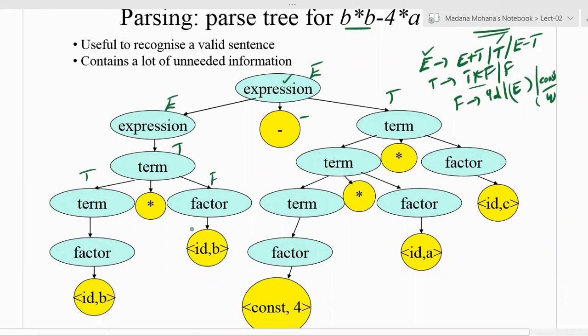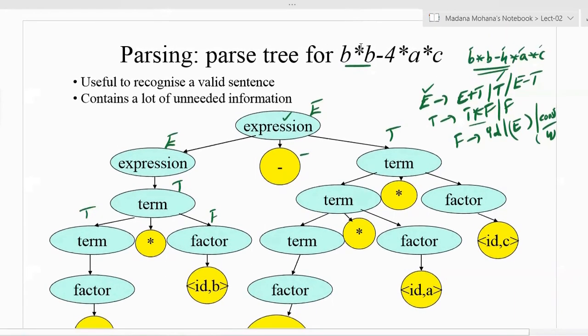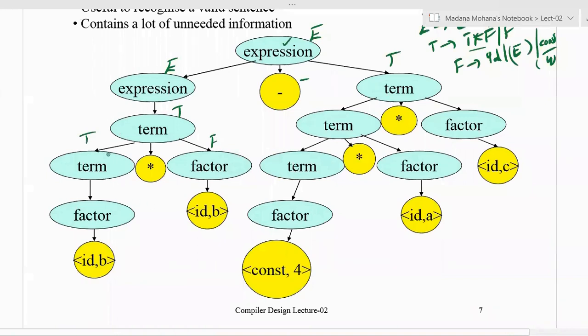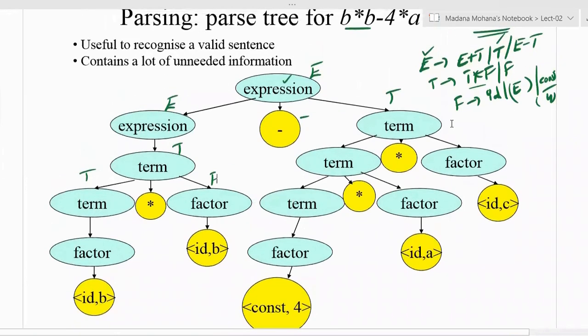So preferably from left to right you can simplify. Now you can see what you want actually. The string consisting of two terminals, that is B into B, means ID into ID format you want. So now here T into F, then again what does T contain? You want an actual identifier, but where is the identifier? Identifier is there in the F production. So you can substitute T by F. So T derives F.